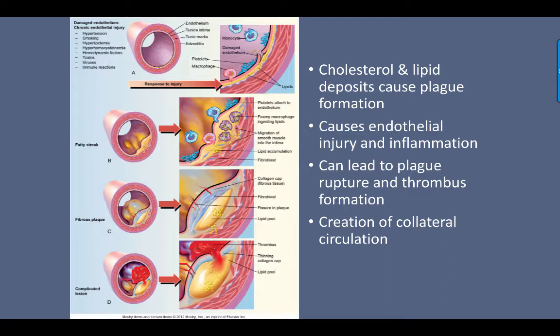Think about smoking, diabetes, if you get an infection, if you have inflammatory problems like vasculitis because of lupus, or anything that happens, the endothelium, the lining gets injured, and the body tries to repair itself, right? I mean, you try to have clot formation, you try to have platelets come to the area,